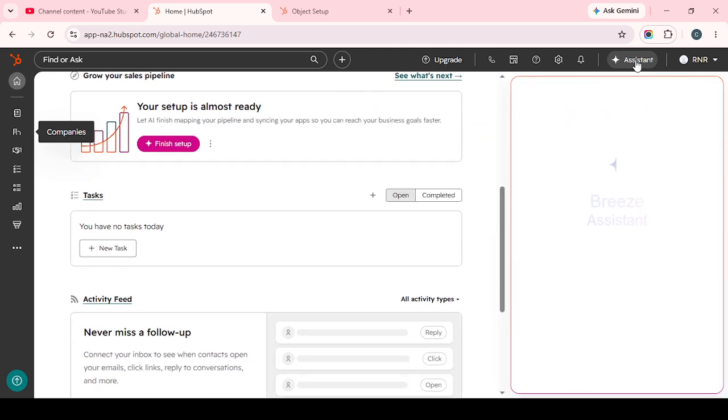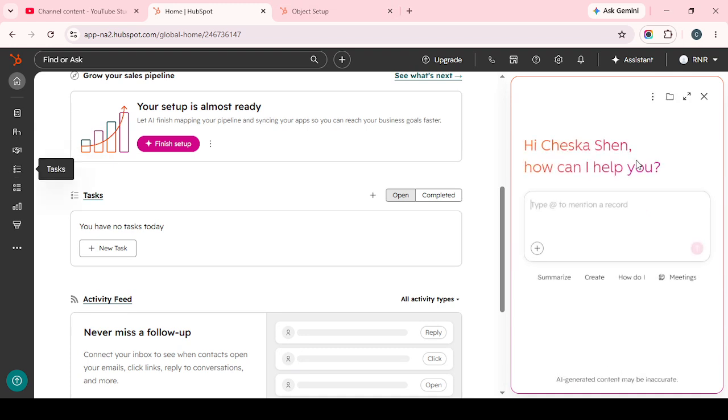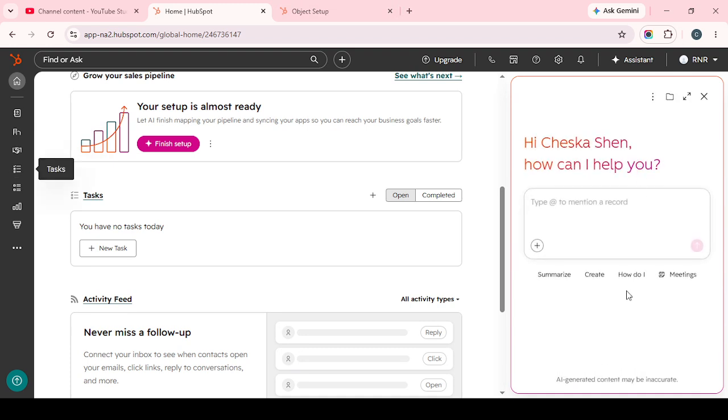working in. Once the panel is open, click into the Ask Breeze input box and type your business question in plain text. Keep your question simple and direct so the response is easier to understand. For example, you might ask for a summary of a record or for an analysis related to the information HubSpot is already displaying. Using natural language is usually the best approach here, since the tool is designed to interpret